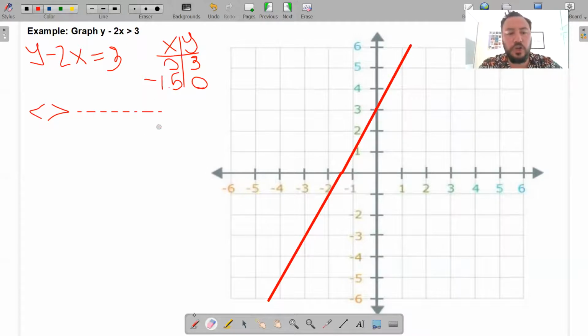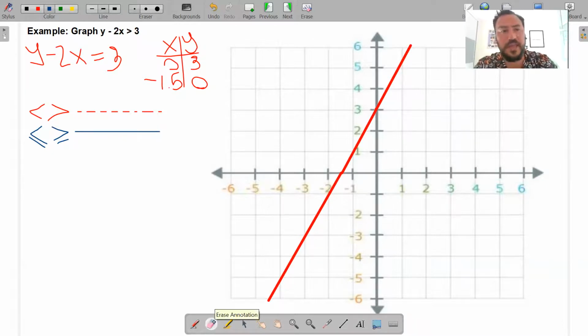If your inequality is with a greater or equal, less or equal sign, you will have a continuous line. In our case, since our inequality sign is just a greater sign, this one will be dashed. The reason why it will be dashed, I'll tell you in a minute. But now we need to talk about the second difference, which is the fact that one of the areas of